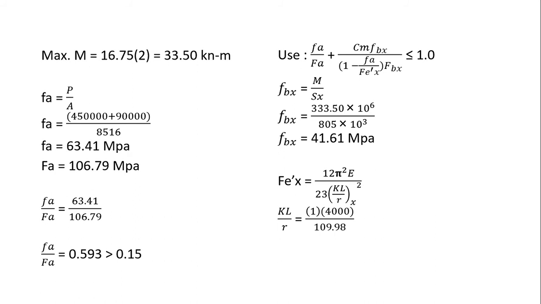So ang gamiton na pud nato nga R is katong di ba kay kaganiha ang atong gigamit kay 50.8. So karon ang Rx na pud atong gamiton. So 109.98 atong gigamit sa R. And then sa atong KL over R is equals to 36.37. So F prime X is equals to